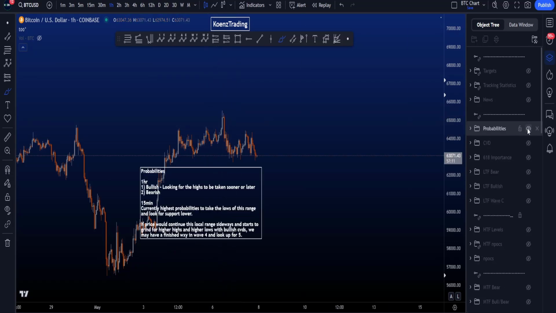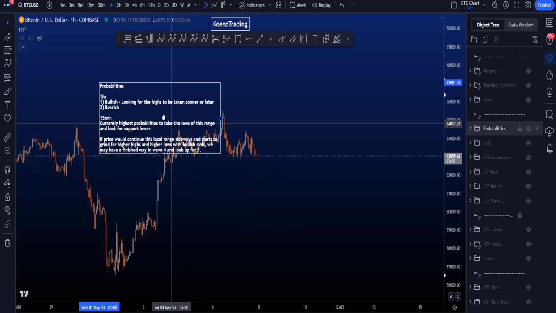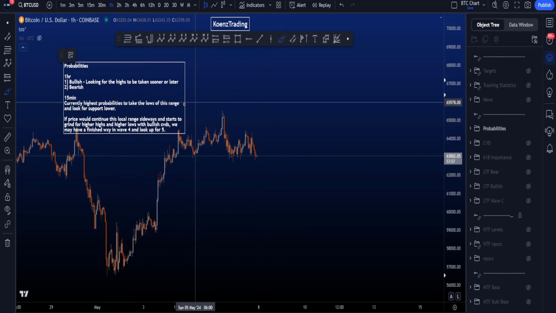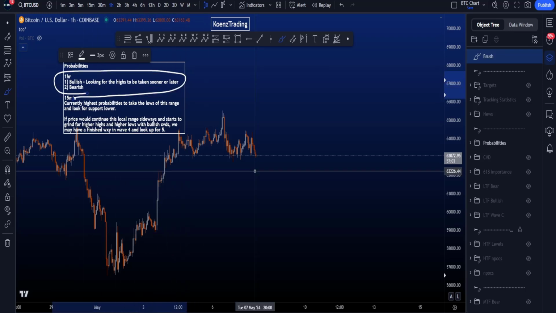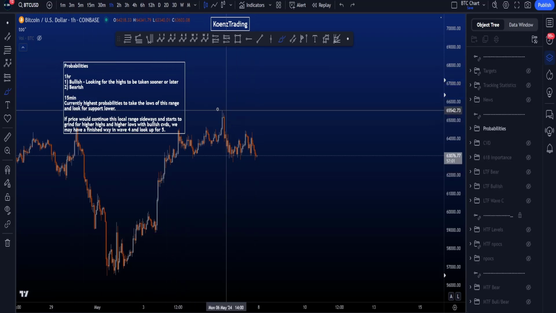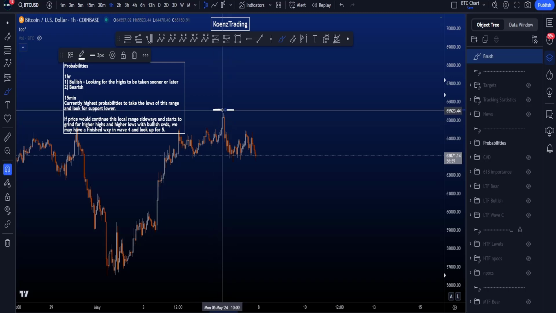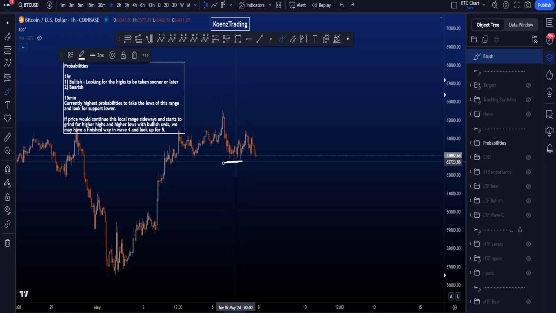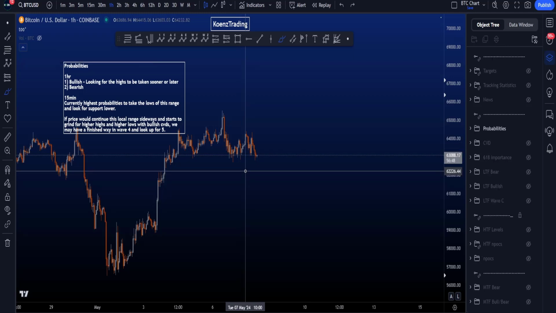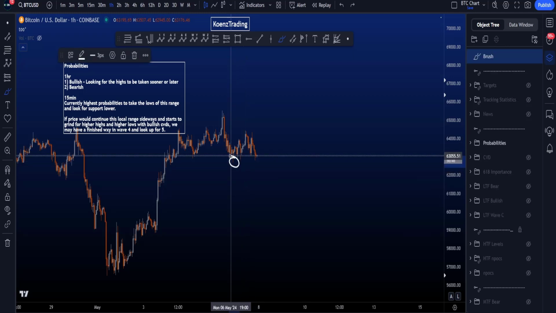So if we then look at the probabilities of the different scenarios, then on the 1-hour time frame, currently the probabilities are higher for the bullish scenarios compared to the bearish scenarios, where we do like to see this high taken over here. And on the 15-minute, currently the probabilities based on what we see here are a little bit higher for price to take a final low over here. We already took one low, which is something we were looking for earlier today, potentially here looking for a